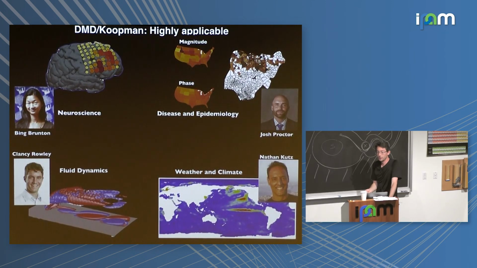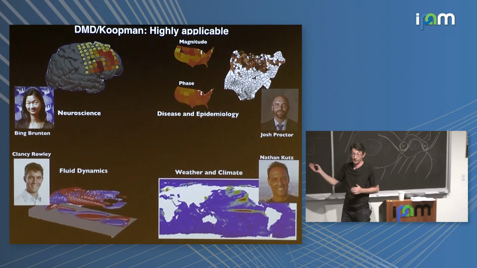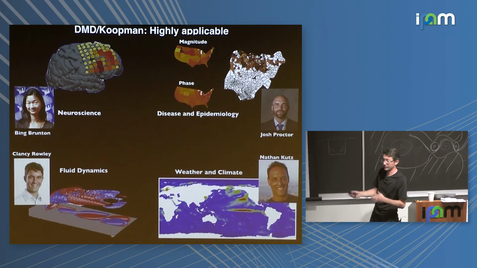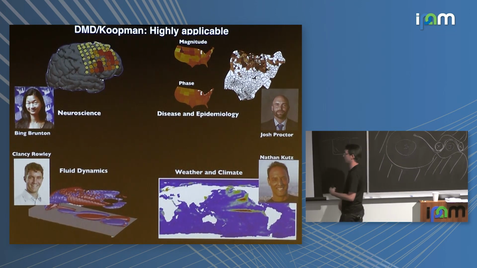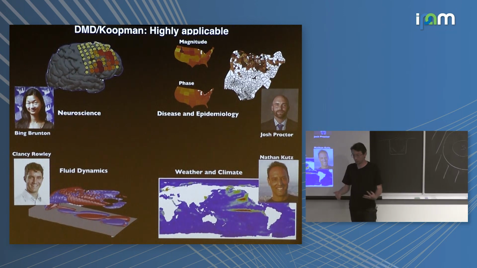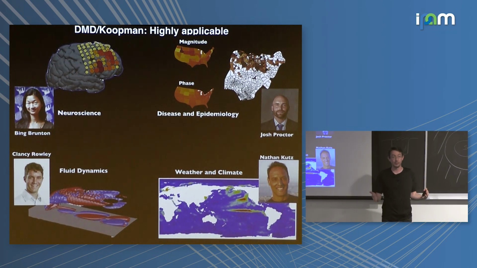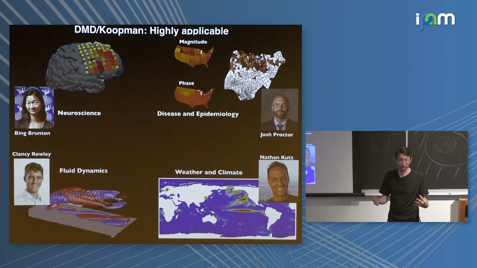And since being introduced, this has been applied to a ton of systems. This is an old slide from like 2017 or 2016, 2015, I don't know. I think I was at United Technologies. And so since then, there's probably 10 times more applications: robotics, social networks, plasma physics, financial markets, you name it, someone has applied DMD to that time series data. Okay?